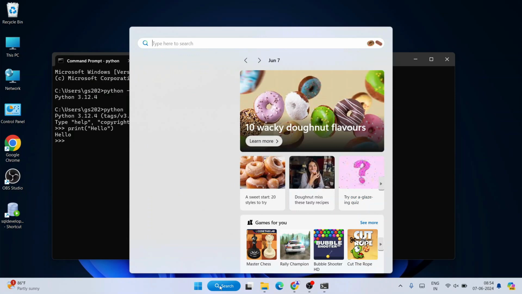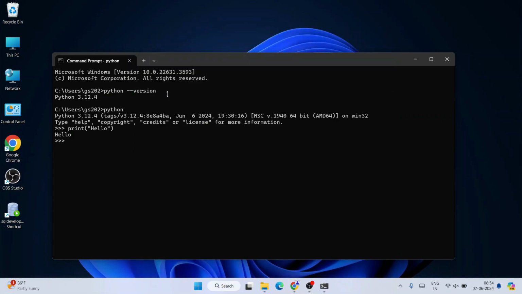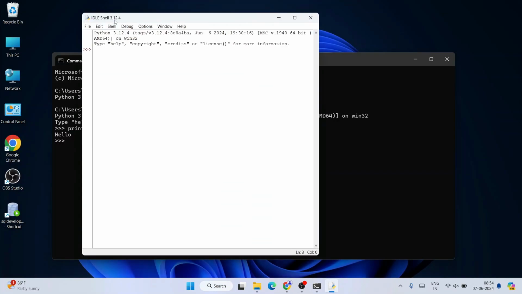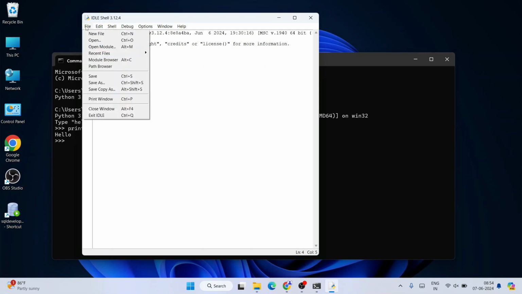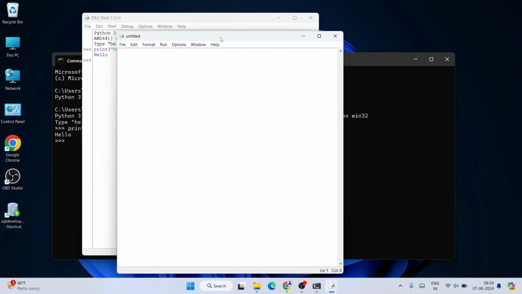Apart from that, I am also going to talk about Python IDLE. So go to search and type idle, and that will show you IDLE. Open that and you can see the latest version, Python IDLE 3.12.4, is successfully opened. Here also you can write the same thing you did on the console. If you write print hello and hit enter, you can see the output is properly coming on our console. You can go to file, click on new file, and you can create a simple program,